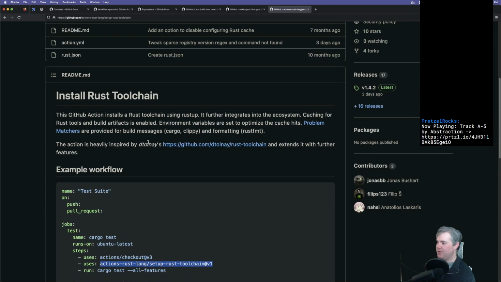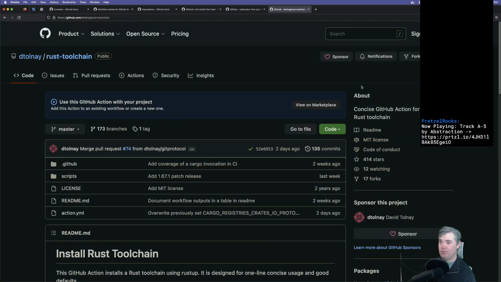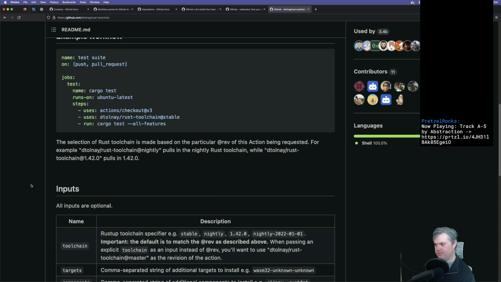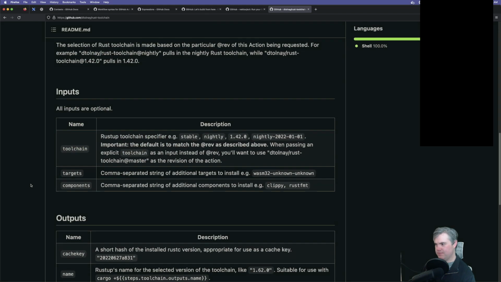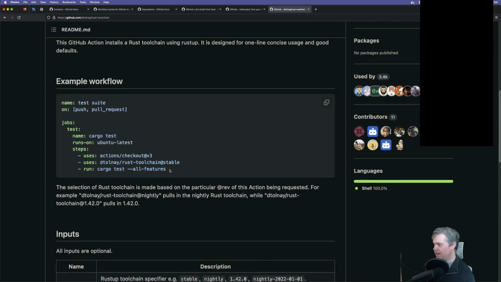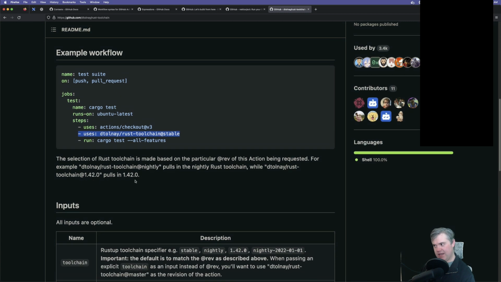Oh, this action is heavily inspired by this other one. If we go to that one, that's a lot more popular. This is a lot more what I would consider heavily used by the Rust community. Okay, so I could do something like this. We have uses Rust toolchain stable. Okay, so if I just do that,